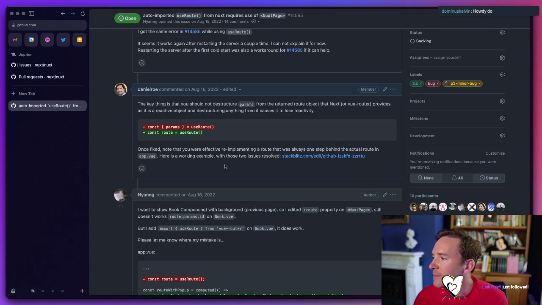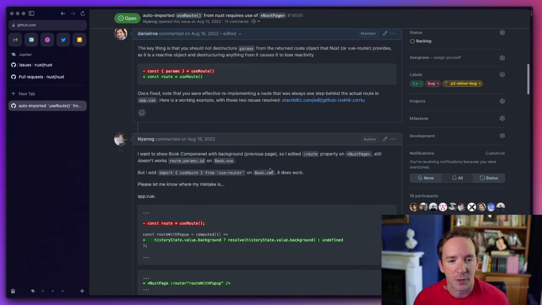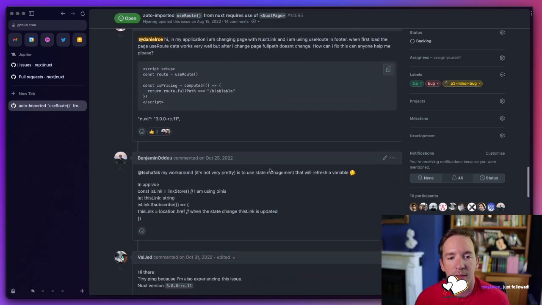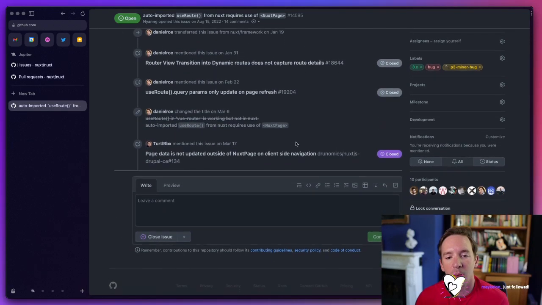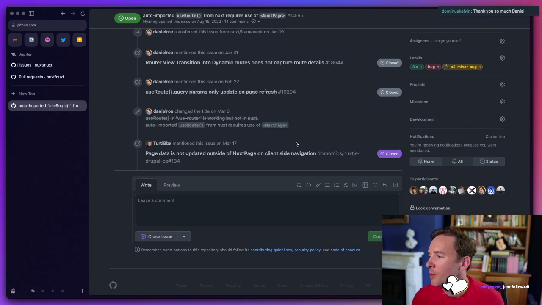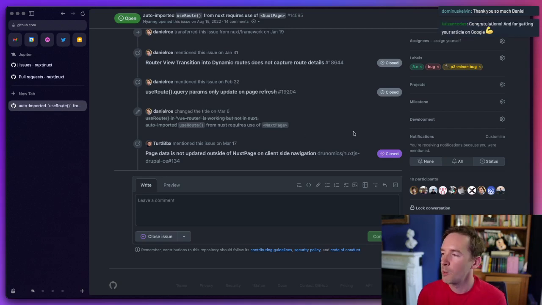So let's see. What do we want to do? Okay, so basically, with Nuxt, one of the things that we do is that we do something that Vue doesn't support itself, which is that when you have two suspense forks, so when you transition from one page to another page, in the background, not rendered, we